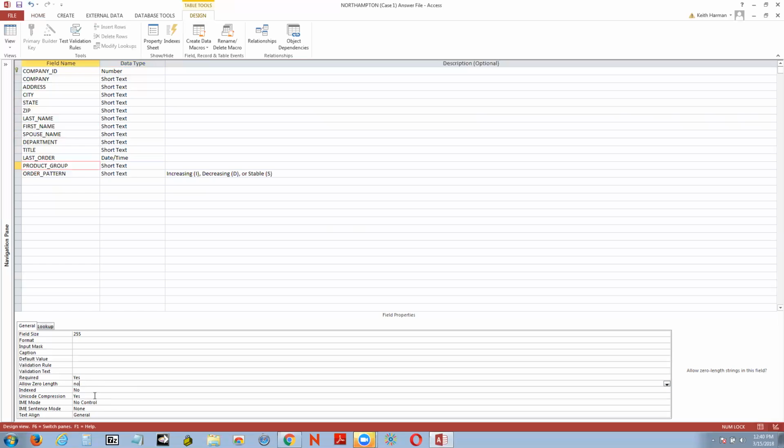And no indexing, and mess with that. And then the order pattern. And the field size is 1. Now, strictly speaking, since the order pattern, as the book says, is going to be, what is it? Stable, increasing, or decreasing, we're okay. But I'm going to go ahead and make that,